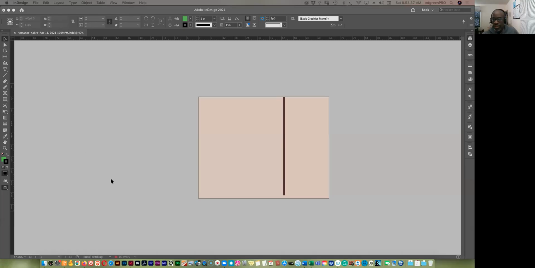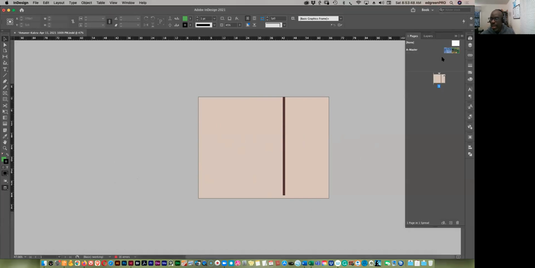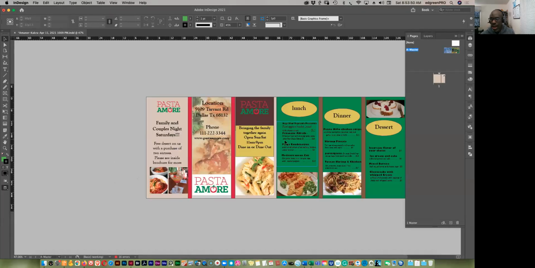Okay, this is how we fix this problem with the image not coming out, or the design not coming out, when you export. So I open your file and this is what I see. I notice here that you are actually designing on the master page instead of the actual page, and you have